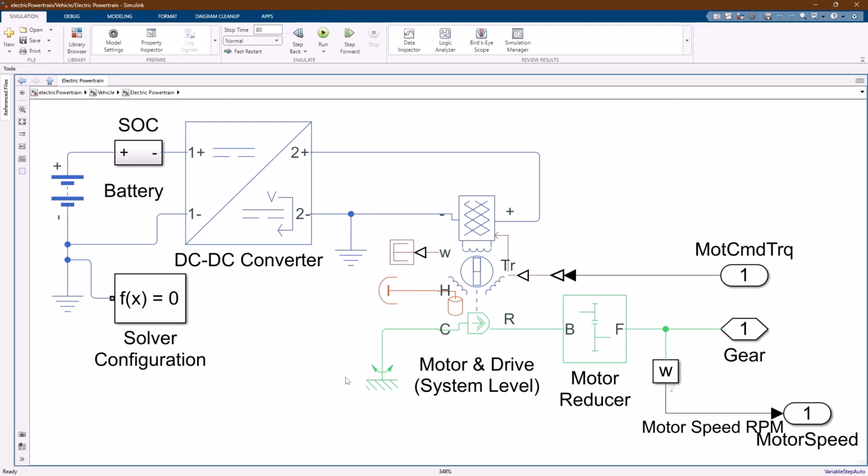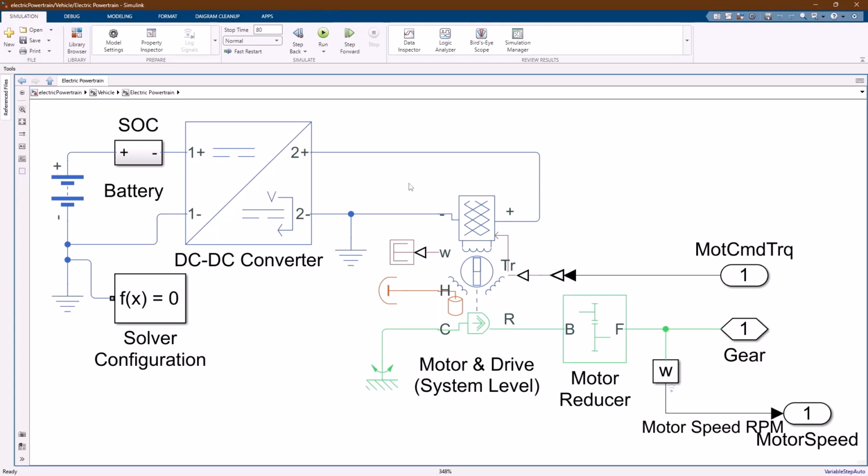So right now, it's not impacting any of our vehicle behavior. We also have a mechanical connection for the case and rotor, which are the C and R ports, respectively, on the motor. Since we don't want the stator or the case to move, we connect it to a mechanical reference.